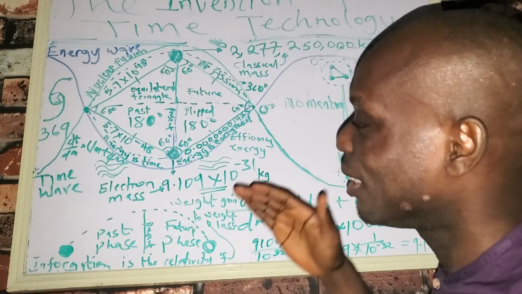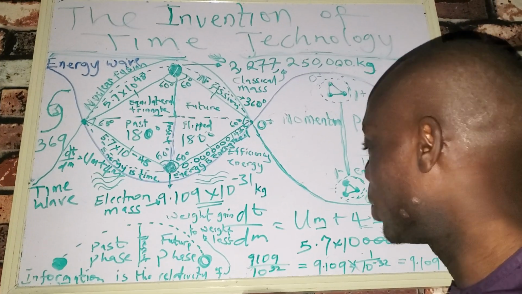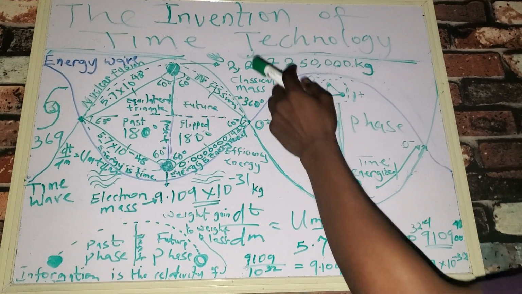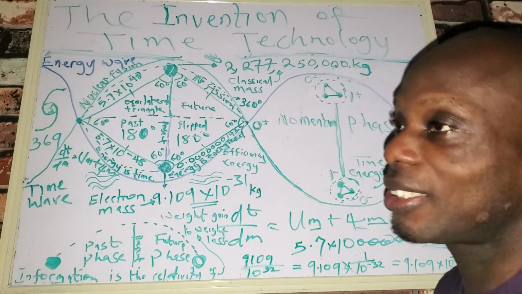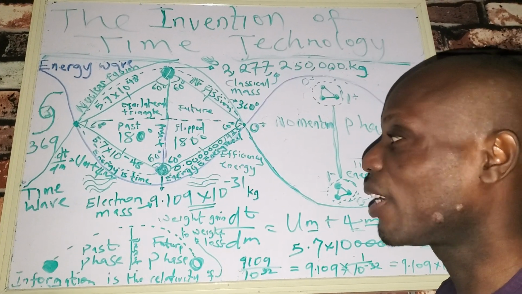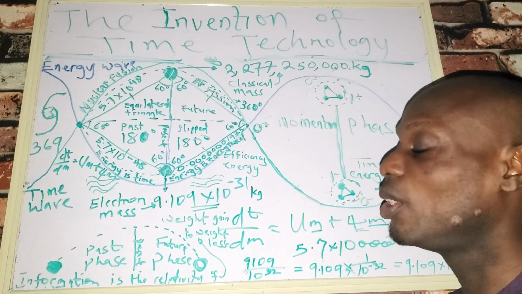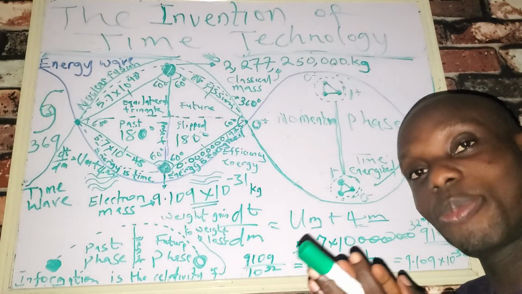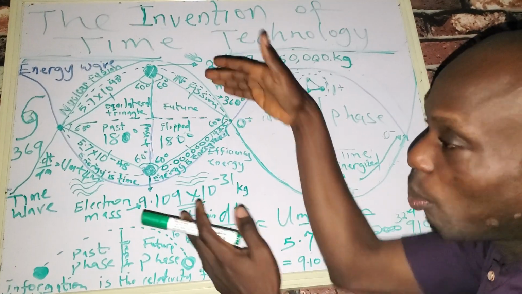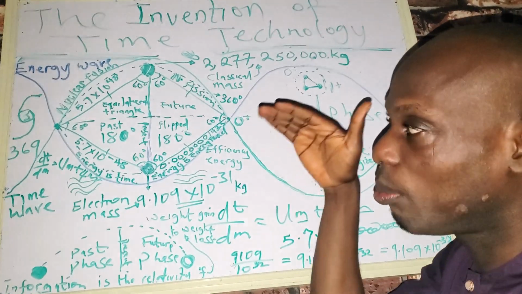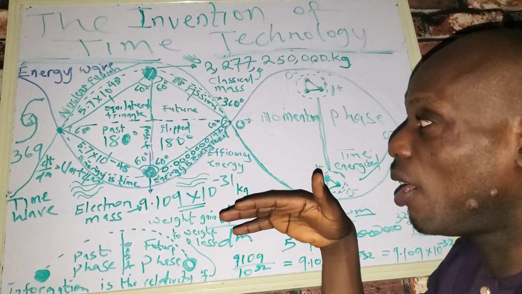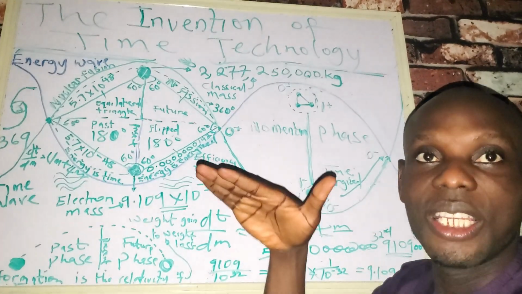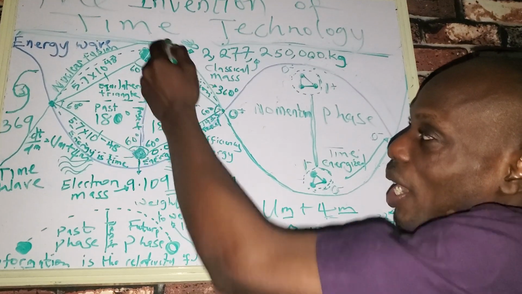So you can see that that is the reason that we have the formula of everything using the classical mass worth to get the counterpart at quantum level. So we need to move from the classical, and if we look at the past, present, future, the way it is portrayed at the present, we have a combination of the past and the future as the now that we have, but it is instant, constant, which is the line that we have right here.